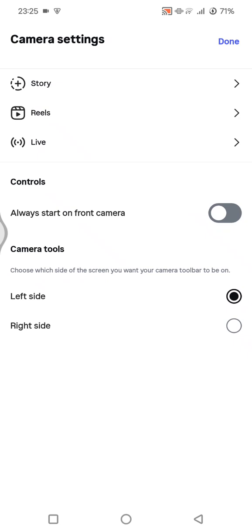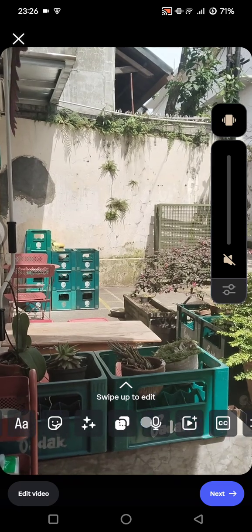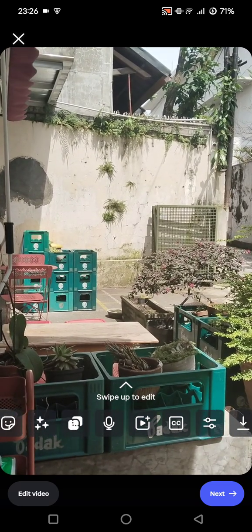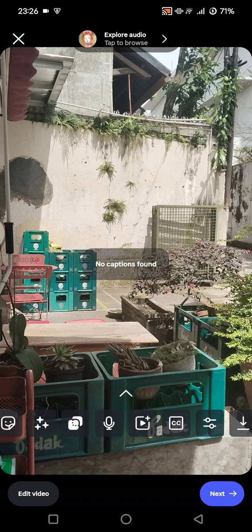And the next one, Reels captions on. Now you can go to the Reels editing, and don't forget to always turn on auto captions. So let's say I'm going to upload a reel. Okay, this video, for example, here you can just click on the CC option, and Instagram will generate the captions